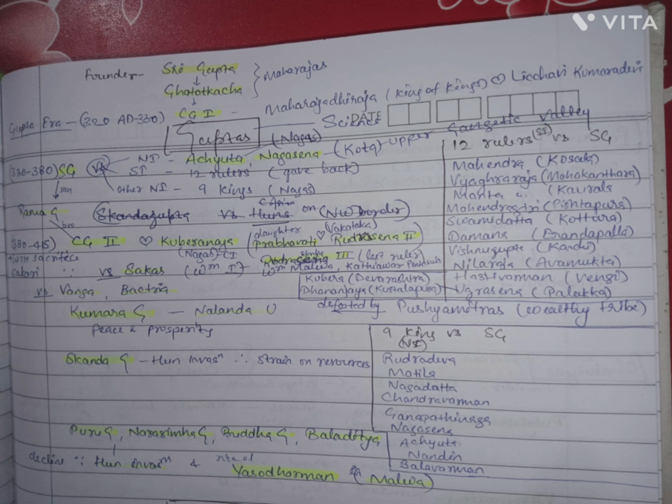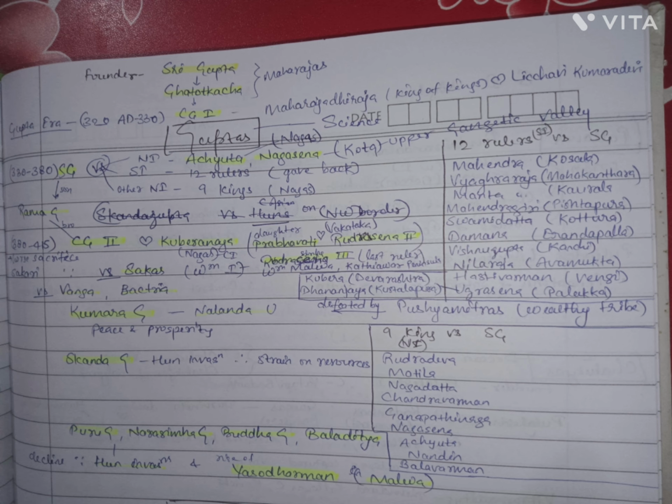At the end of his reign, a powerful wealthy tribe called the Pushyamitras defeated the Gupta army. A branch of the Huns from Central Asia made attempts to cross the Hindu Kush mountains and invade India. But it was his successor Skandagupta who really faced the Hun invasion. He fought successfully against the Huns and saved the empire. This war must have been a great strain on the government's resources.